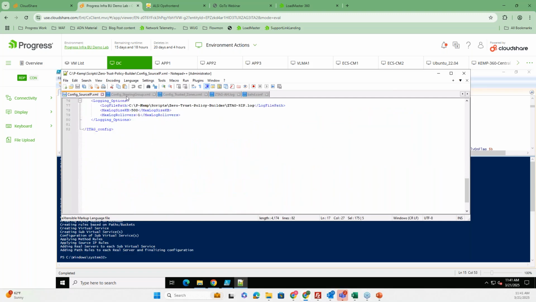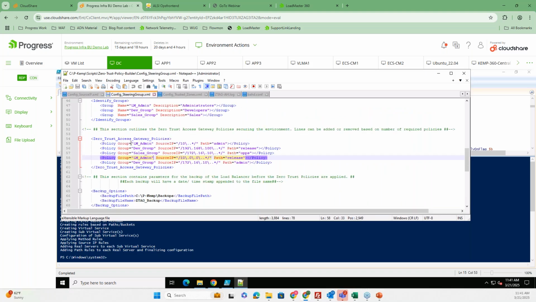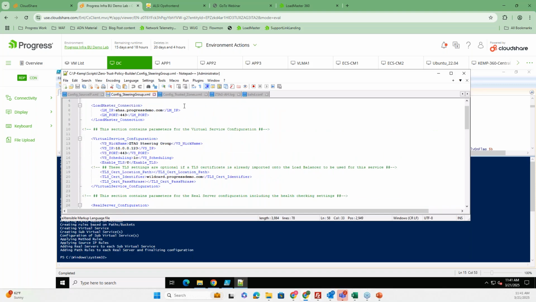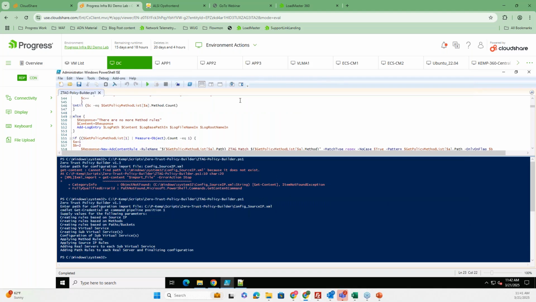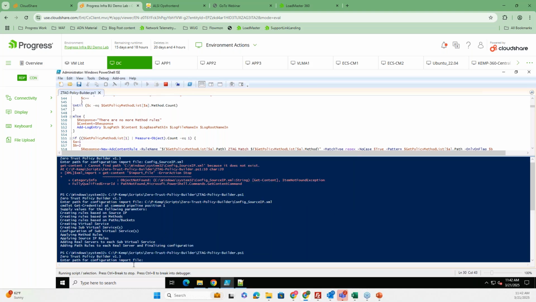It builds all that for me. I have the same thing for steering groups, and I have that created, and we can run the script in a second to build the one for steering groups. And I think I wanted to do the trusted zones as well. So we can build them all for you to get an example. Great. As you see, early this morning I already did the source IP config. So let's run this script again. It will ask me what file I want to import. So let me take my path first.